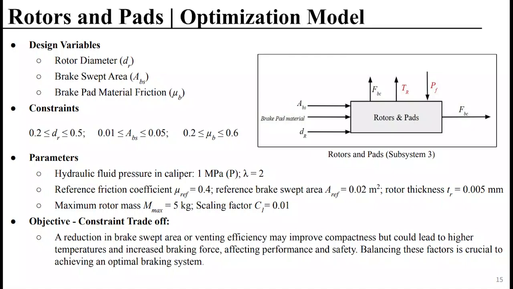braking forces. Here is the optimization model that we are using for our third subsystem, rotors and pads. The design variables include rotor diameter, brake swept area, and the friction of the brake pad material. There is a lower and upper bound on each design variable, which are used as the constraints. The parameters taken into account for optimization for this subsystem, as well as the objective constraint trade-off, are displayed on